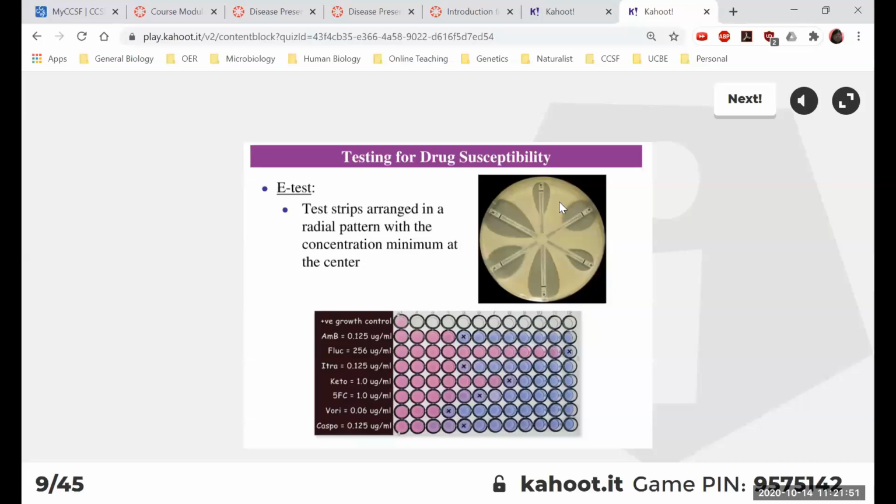The downside of Kirby-Bauer is every disc contains one antibiotic and it's a certain dose. So the penicillin, it might be 30 milligrams, but you cannot test the dose. So this is where this other test called E-test comes in. E-test, same thing, you basically create a bacterial lawn. So each plate can contain either Staph aureus or E. coli or Pseudomonas aeruginosa.